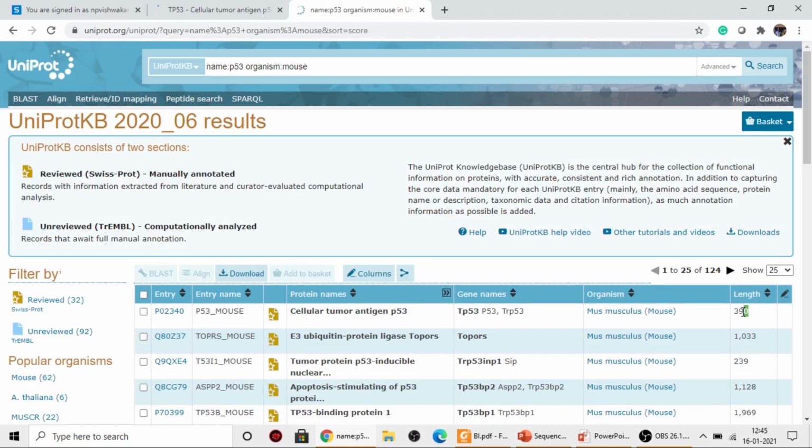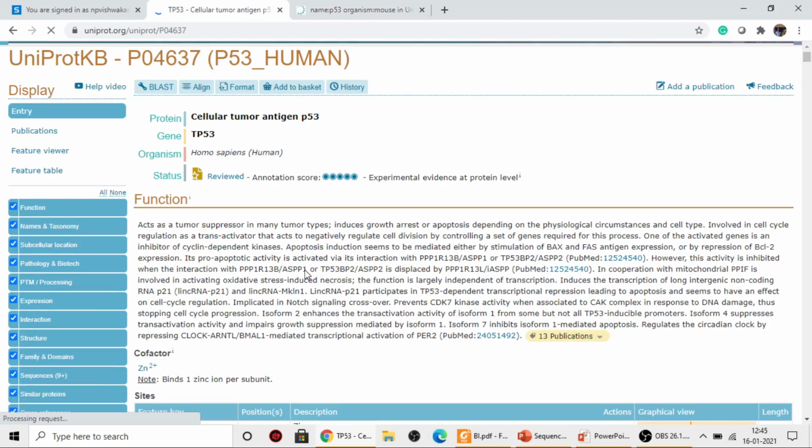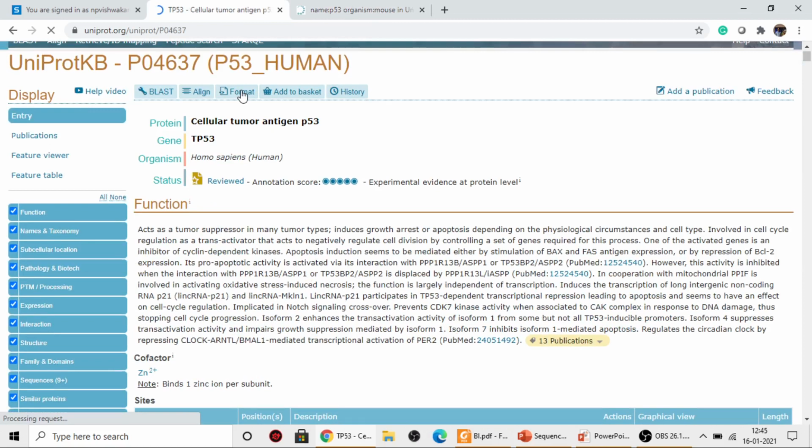And in this window I got the result of the P53 protein sequence of human. I want the FASTA format of this particular protein. So I click on format for the human, and likewise you have to do for the mouse also. So let me click on format.